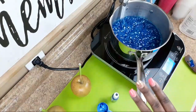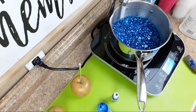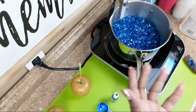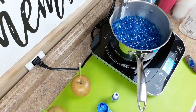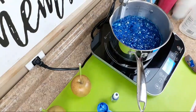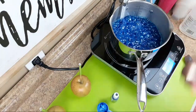I have done 500 apples before, and the best way I did it, I doubled my mixture every time until I got down to the last few, and I did a full mixture. So it varies. Okay, just double the recipe and know what it is that you're doing, watch what you're doing, and be careful. I'm just giving y'all information that will be good for you, so when you want a little bit more coverage, you know, I'm gonna go ahead and use this 3/4 cup of water